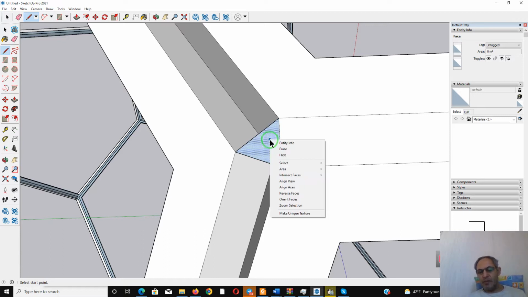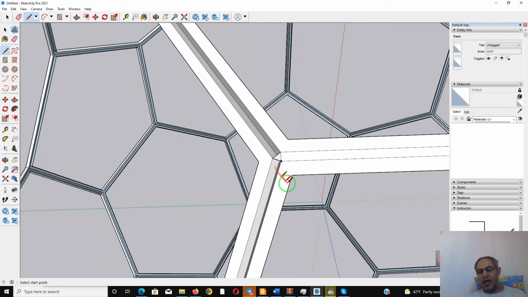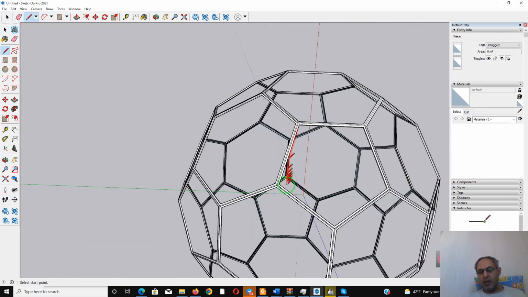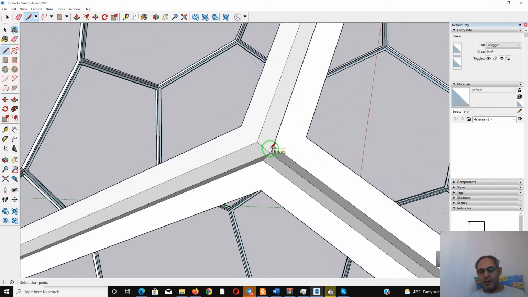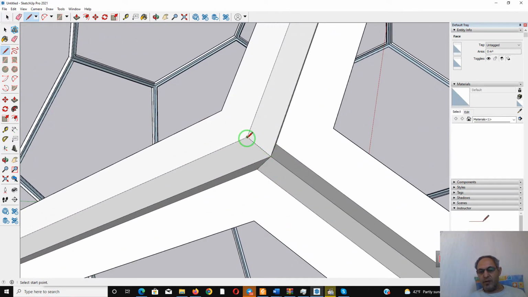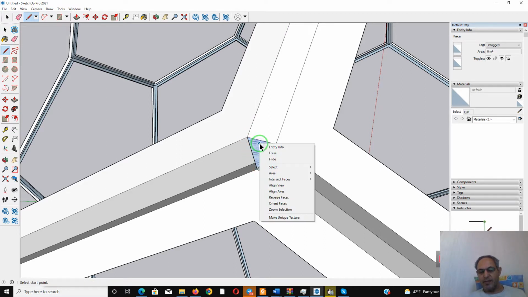Okay, so I'm reversing this face, reverse face, and I have to continue all the parts to finalize the whole thing. Okay, like this, and then right click and make it reverse faces, and